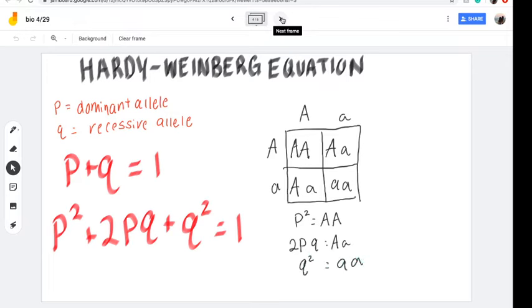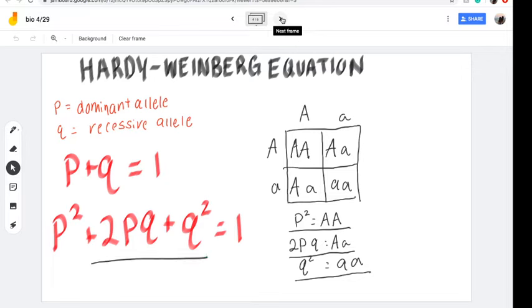So we could see that there is one of homozygous dominant, two of heterozygous, and one of homozygous recessive. So this is how the equation of this is derived. Okay,